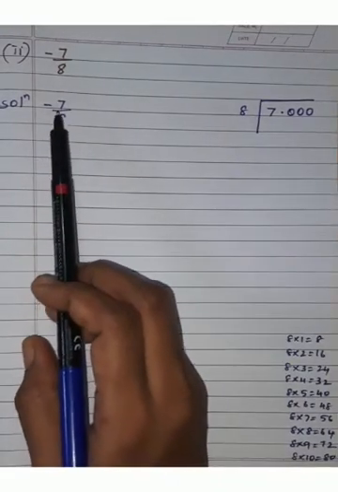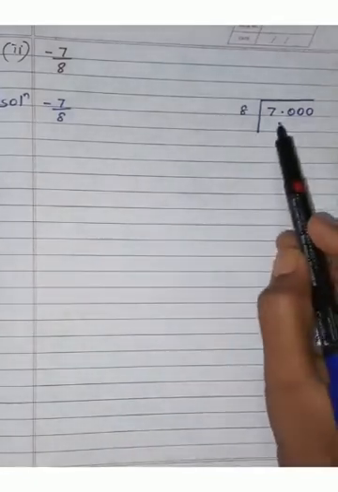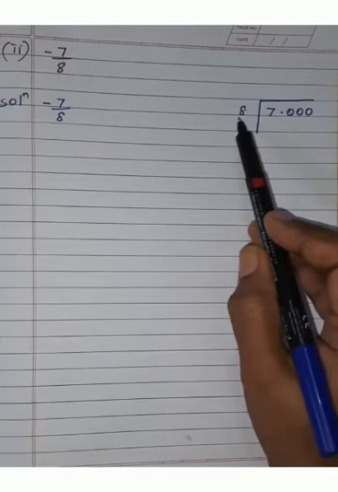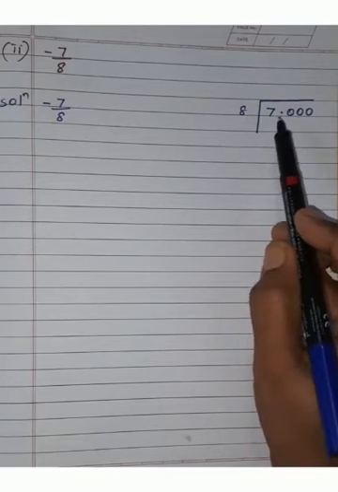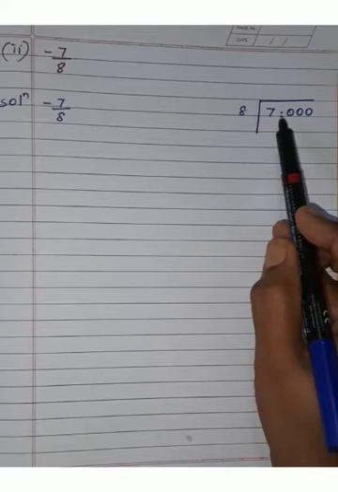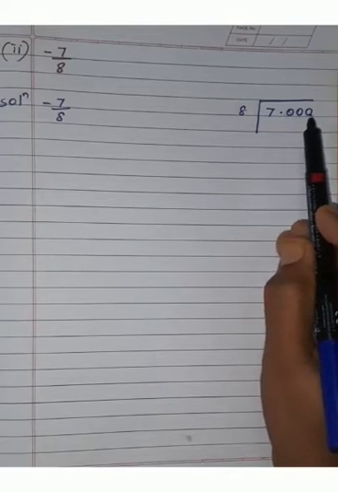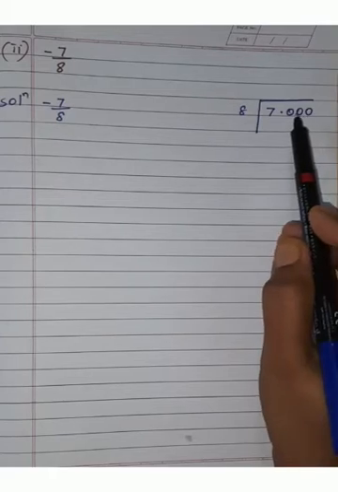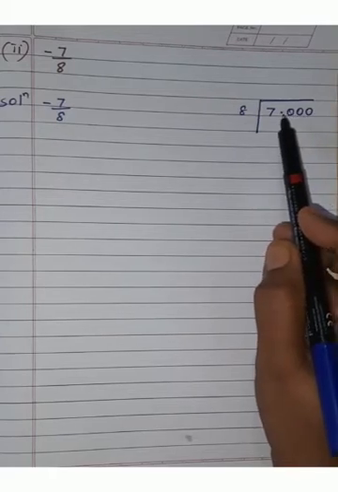Students, our second sub question is minus 7 upon 8. So solution we have to write minus 7 upon 8, and here you can see that 7 is our dividend and 8 is our divisor. So we have to write 7 inside and 8 outside the line. Now here you can see that after 7 I have put a decimal point, and after the decimal point I have added some zeros. So we can add any number of zeros, children, but the value will remain same. The value will not change.